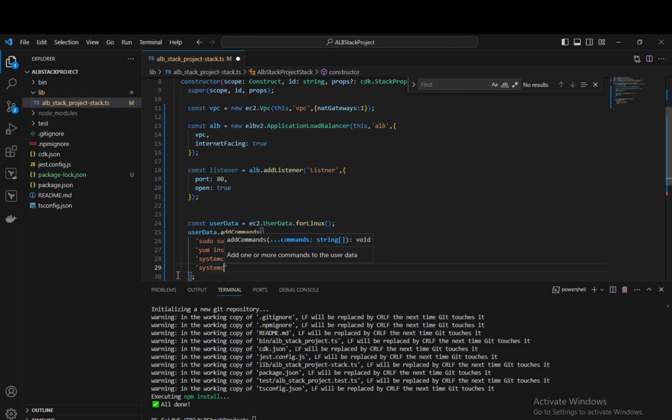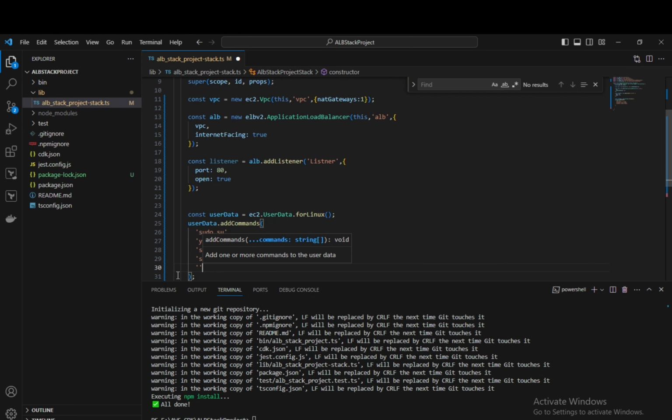Okay, so the command is systemctl enable httpd. These are the commands which we have created for the user data script. Now we have to print hello world. Similarly, we will try to print. The command is echo, double quotes,